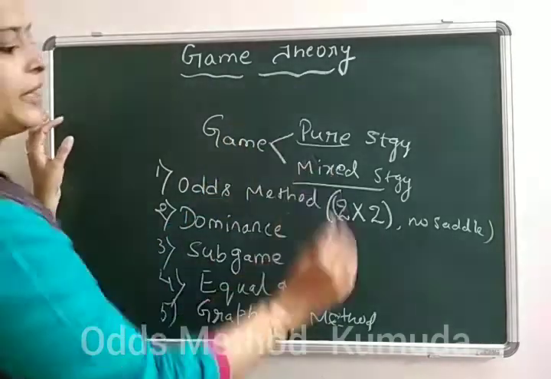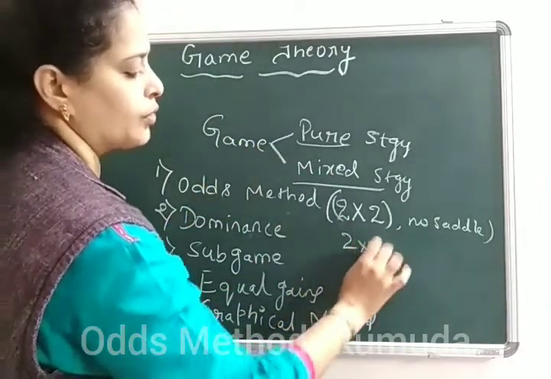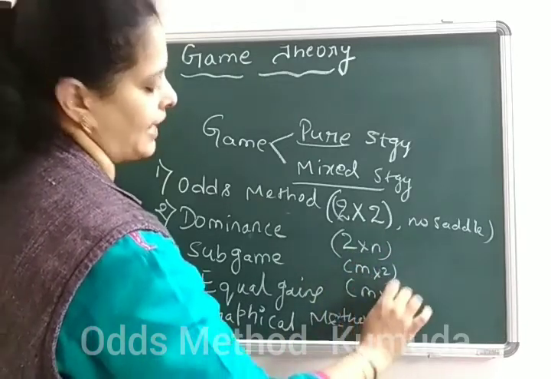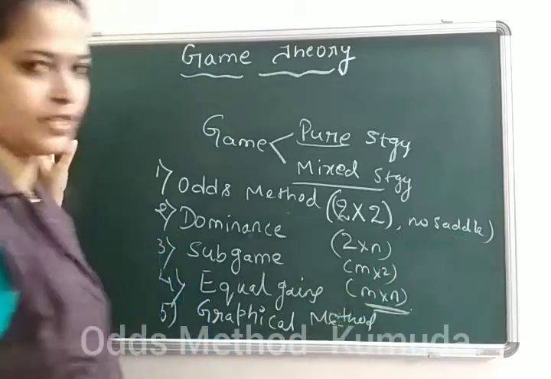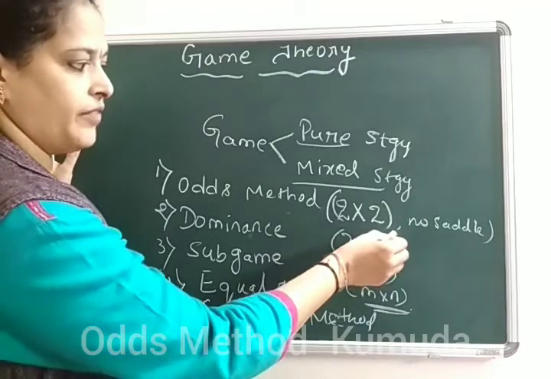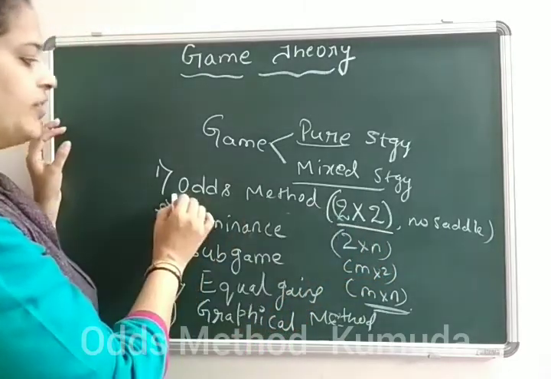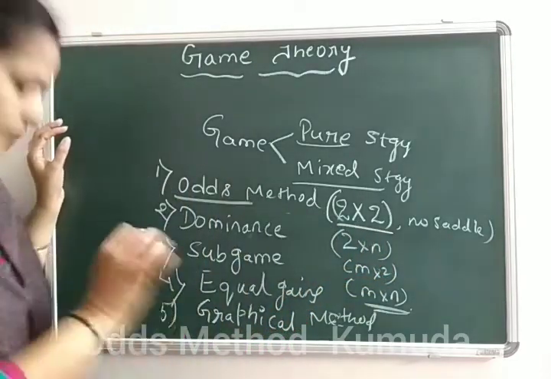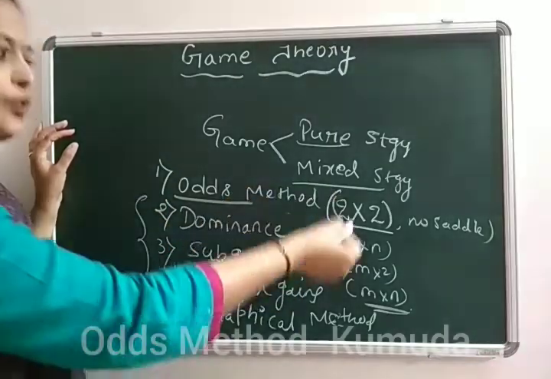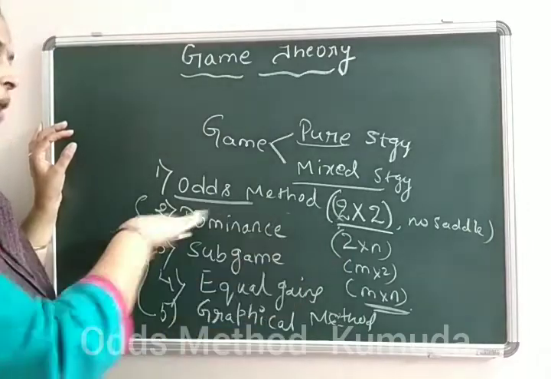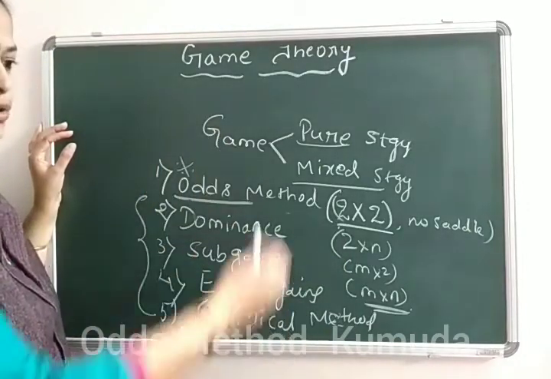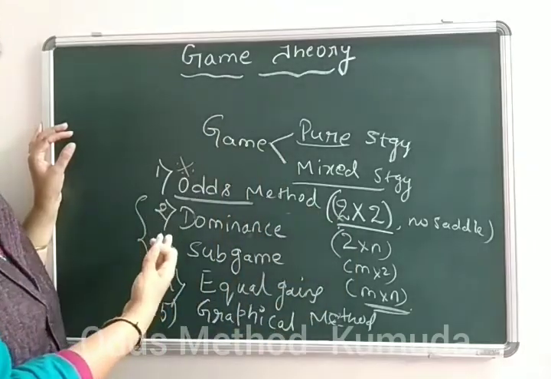And we know the game can be a 2x2 or 2xn or mx2 or even an mxn game. So we don't touch mxn games. Of course, a lot of research is on with the mxn games. So when we have a situation where we have 2x2, obviously we use the odds method. And make a note that all these methods at some point will reduce to a 2x2 matrix, and we again come back to the odds method, so you can know the importance of the odds method. Any matrix which is 2x2, we start with the odds method.